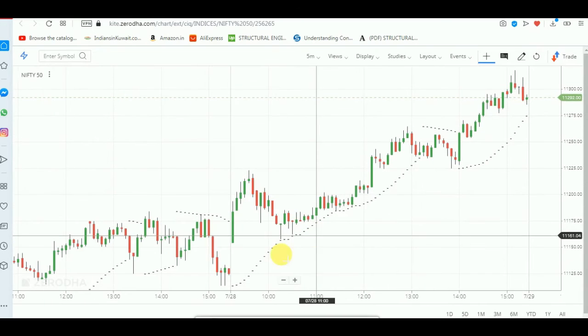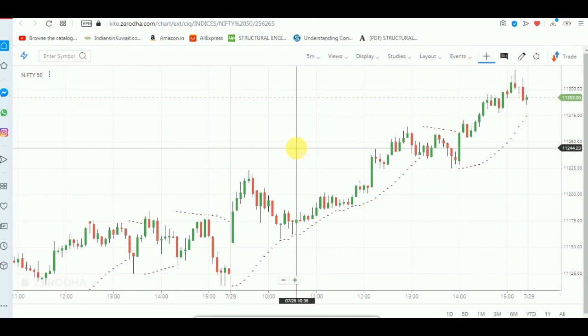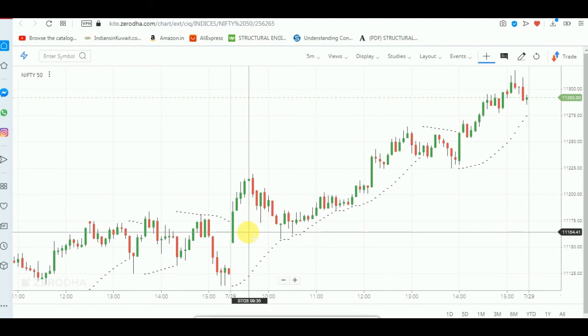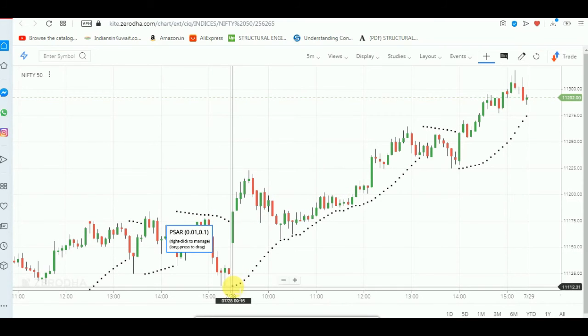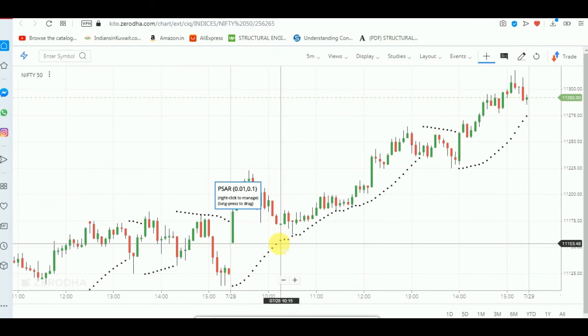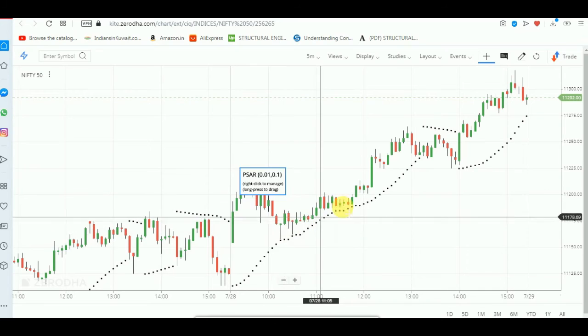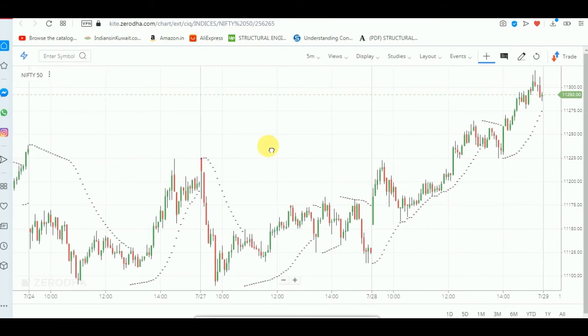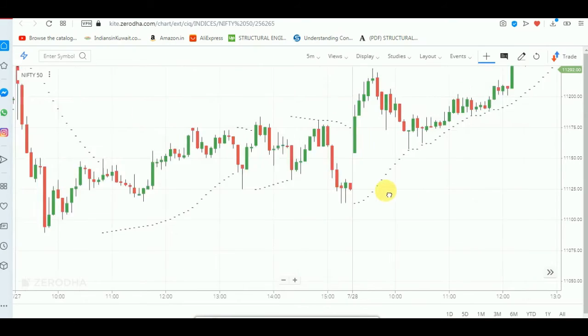And one more important point here is that most of the traders, as per my knowledge, will not trade when the dot is far from the price action or the candlestick, because there is always a chance of a reversal up to the point, right? Then again it started moving towards the upper direction. So you can see here also it is very clear.